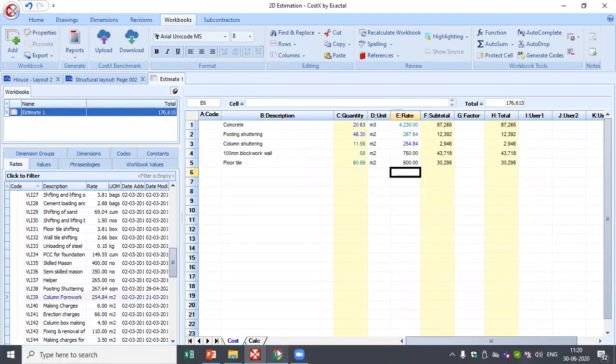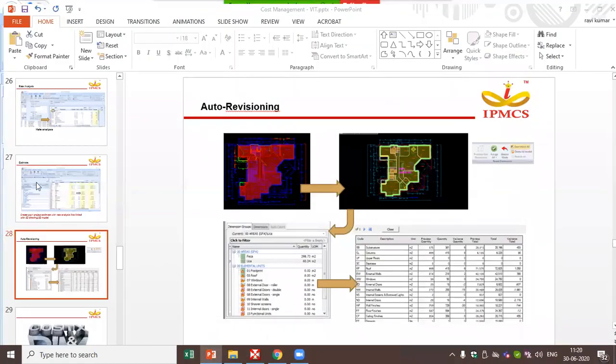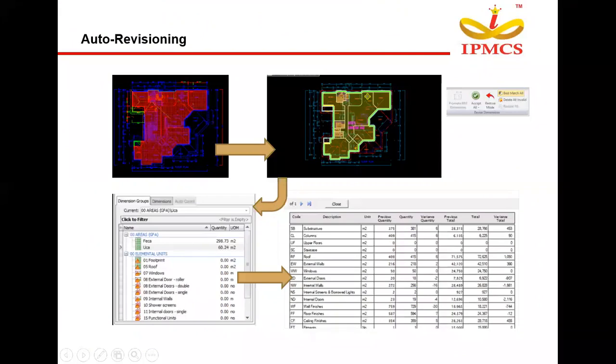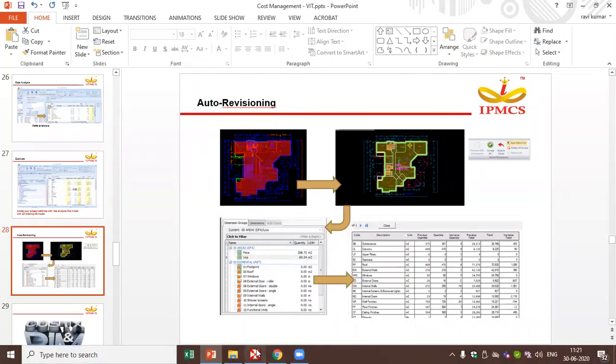small floor plan. So now moving back to our estimation, we have seen how the estimates are created inside CostX, and the next feature is auto revisioning. Say when our drawing design is getting changed or updated, we are receiving a different drawing from the architect team or the structure team. So we can create a revision log inside CostX, with which we can track our design changes, and for those design changes, what is the cost impact on our budget can also be seen inside.